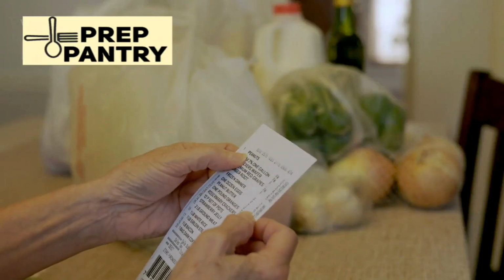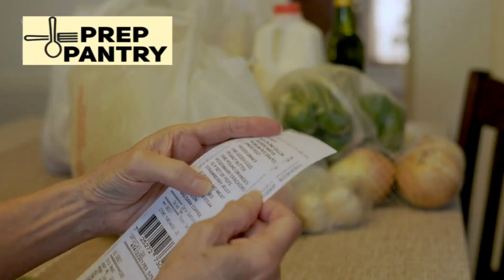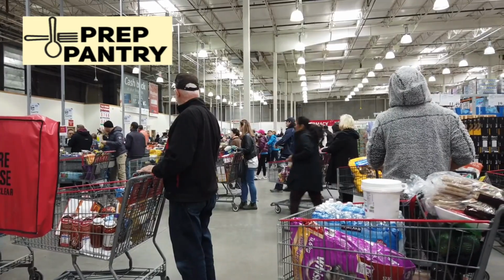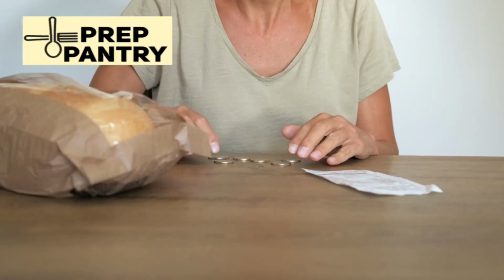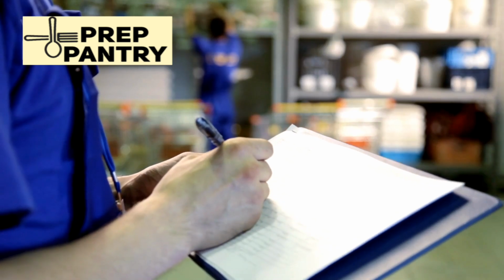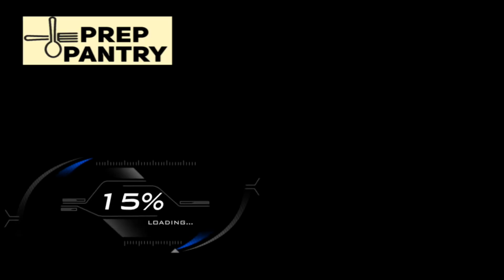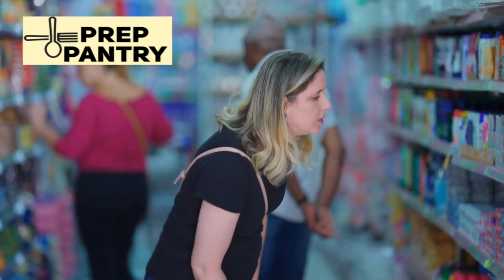Empty shelves, panic buying, prices skyrocketing overnight. If you've experienced a grocery shortage before, you know exactly how stressful it can be. And here's the unsettling truth. Experts are predicting new shortages in key grocery items could hit stores as early as next week. The question is simple. Are you prepared, or will you be caught scrambling when everyone else is already racing down